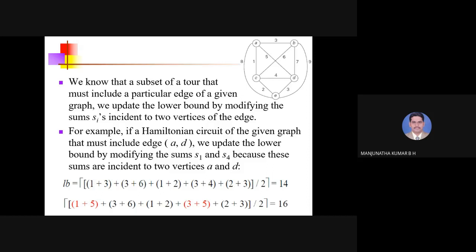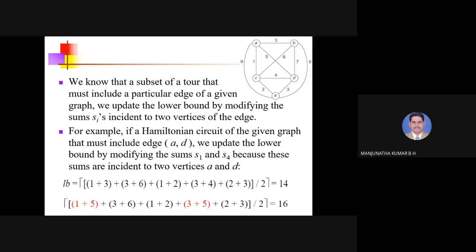I think you may get 31.5. Take the round up value, it is 16. Okay, 32 divided by 2, sorry, you will get 15.5. If you take the round up value it is 16. See, this is just an example I have taken to explain how you need to make changes in calculating the lower bound values.